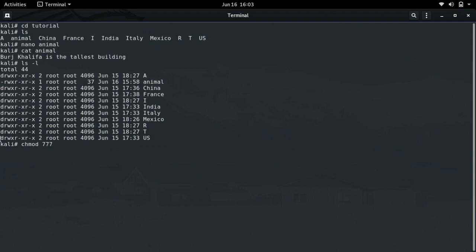777. The first 7 here stands for the user, the second 7 is for the group, and this last 7 is for world. So as you can see, all of them have all the permissions. If you do 4 plus 2 plus 1, we get 7, right? So basically it gives the user, group and the world all the permissions. So you do chmod 777 animal,